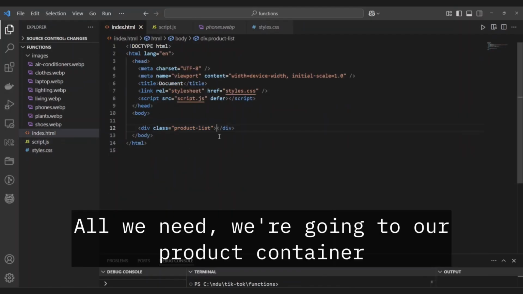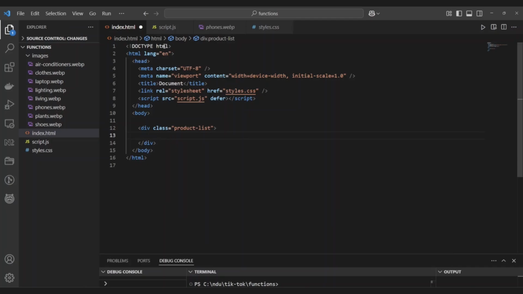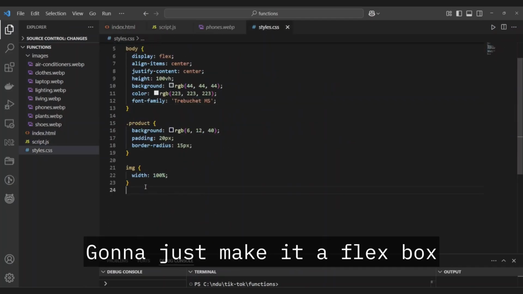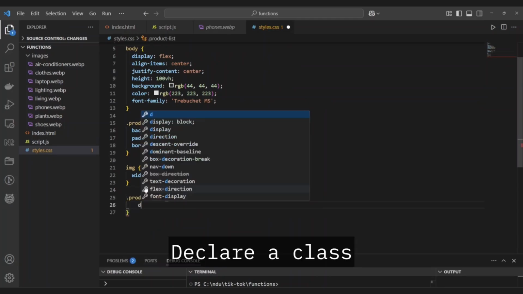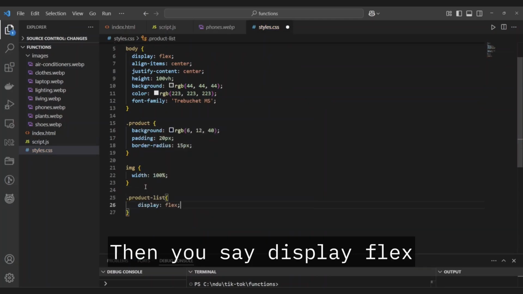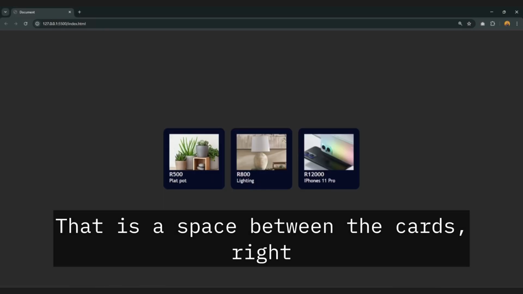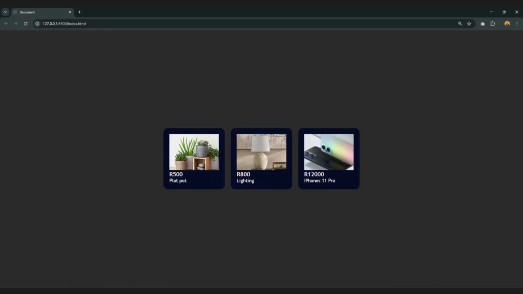All we need now is to go to our product container and go to our CSS to make that display better. I'm going to just make it a Flexbox. Easy. Declare a class. Then you say display flex, and then you give it a gap. That is the space between the cards, right? Then we are good to go. Beautifully, we're